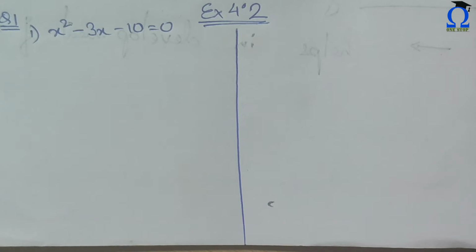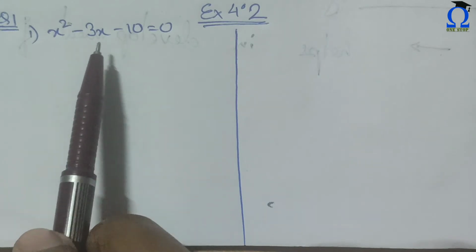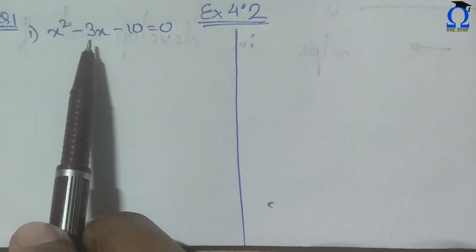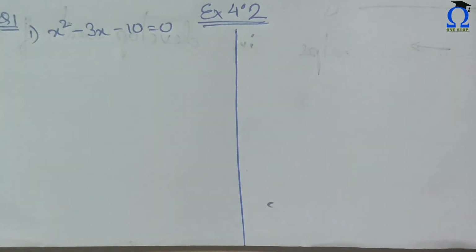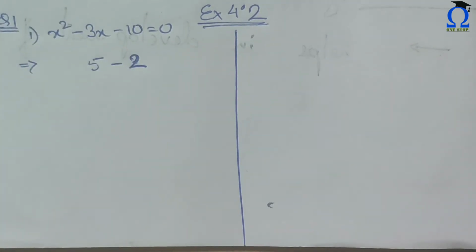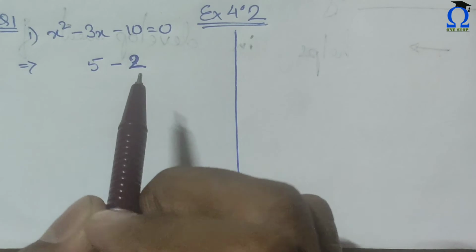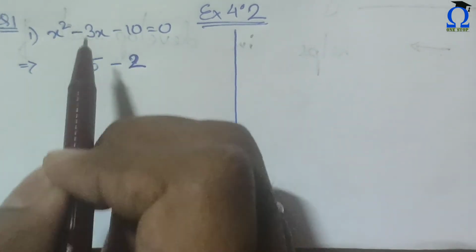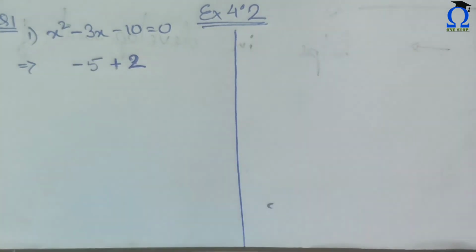Taking the first equation, as I have been teaching you, we'll have to find two numbers such that their sum or the difference is -3 and their product should be -10 into 1, that is -10 only. So 5 minus 2 will be 3 and 5 into -2 will be -10. So it satisfied both the conditions. Just the problem is we have -3 here, so we need to put -5 and +2. So we will get -3.